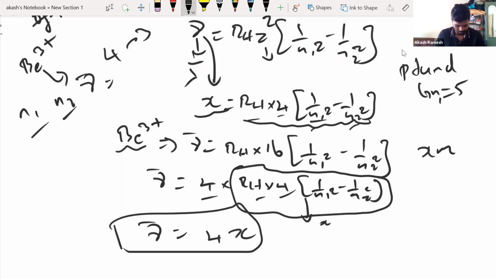Okay, in the Lyman series, the shortest wavelength of hydrogen atom appears at X meter. Some X. Right, now the question is, find the longest wavelength